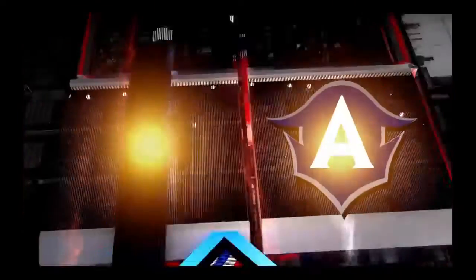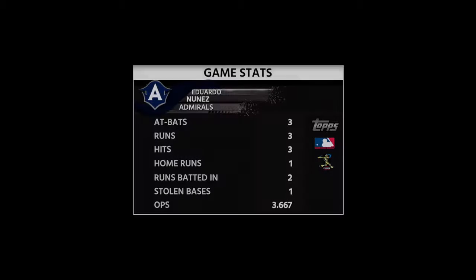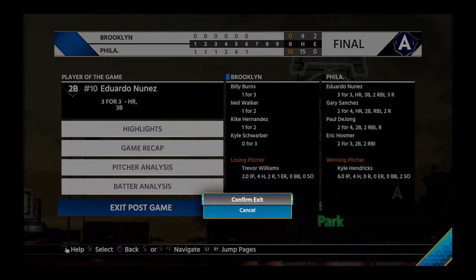Now batting, third baseman, Eduardo Nunez. So the lineup really helped carry them to victory here in this one, and this man was a big reason why. He's our tops player of the game. Yeah, no question. He was a tough out up there. Ended up collecting 3 knocks, including a home run. So without him in the lineup,